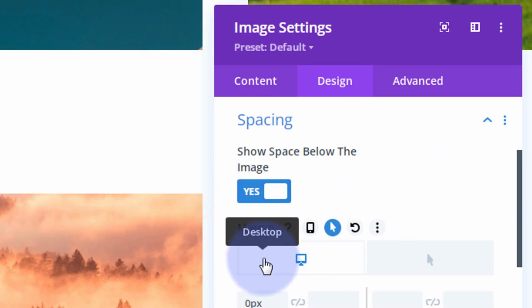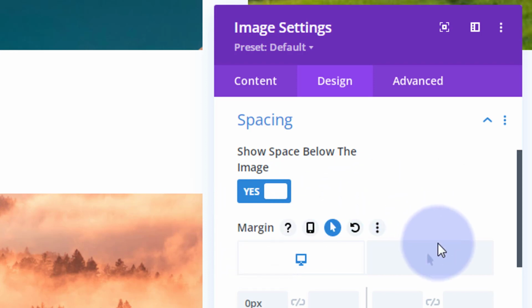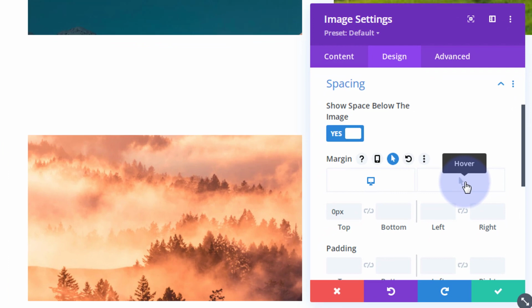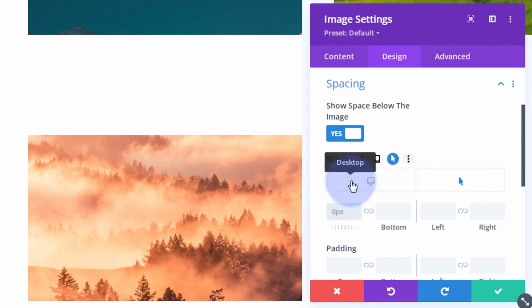That's going to enable us to make a desktop state when the mouse is not on it, and a hover state with a different value when the mouse is on it. So when they hover over it, I want it to scroll down, so I'm going to give it a negative value on the top, which will make it scroll upwards. So if I give it, say, negative 300,